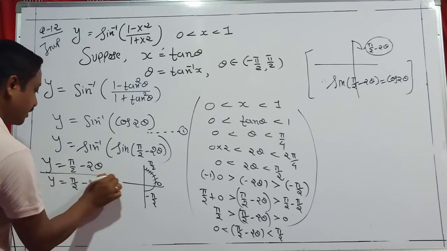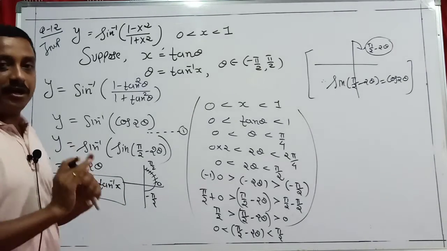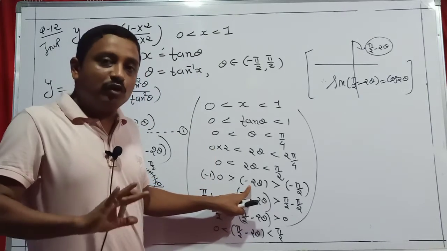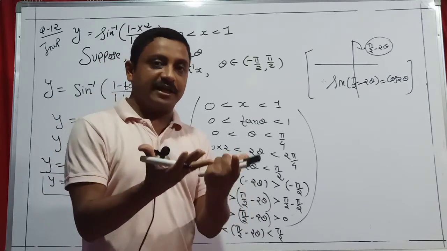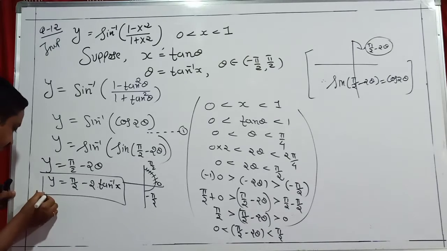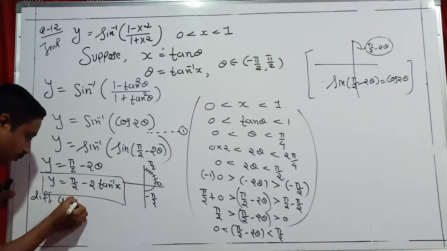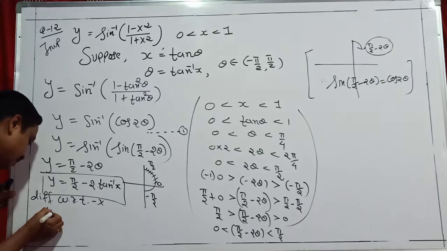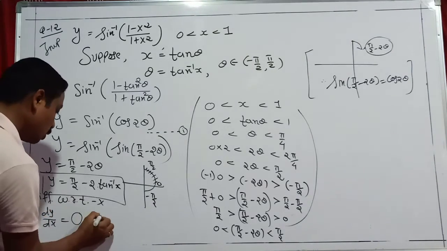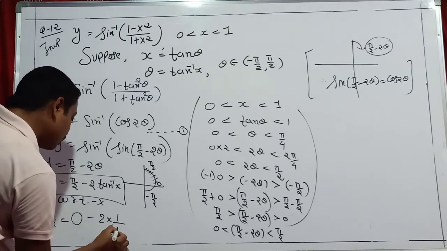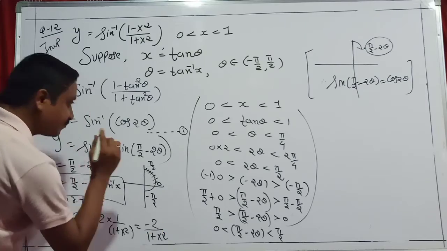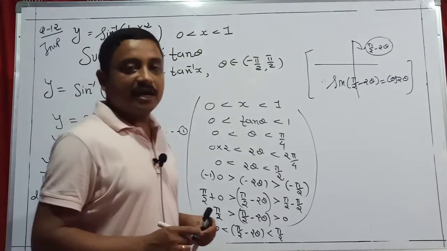So up to that, our inverse trigonometric function is done. Students, I will again explain why we multiply by minus. If you do not multiply by minus, you get different answers. Wait, first I finish the sum. Now differentiation with respect to x. So what do you get for dy by dx? Yes, pi by 2 is a constant, so its derivative is 0, and this derivative is 1 upon 1 plus x square. So my answer is minus 2 by 1 plus x square. And here our numerical is happily done.